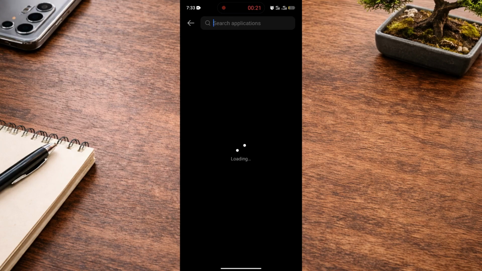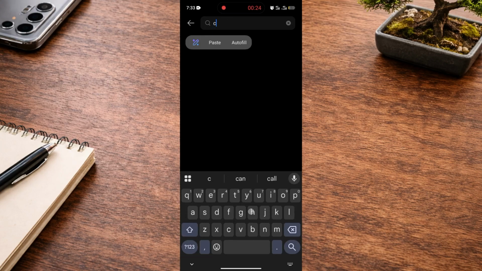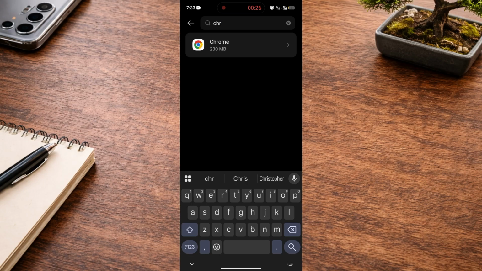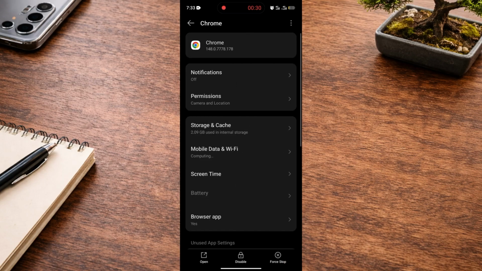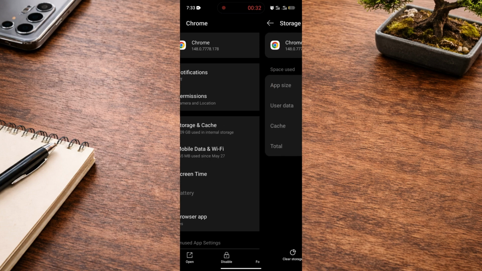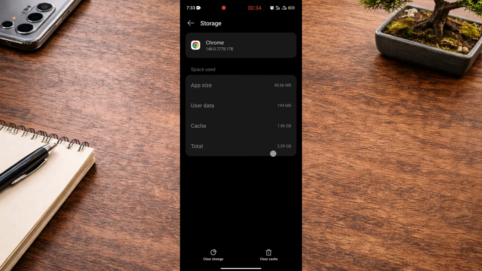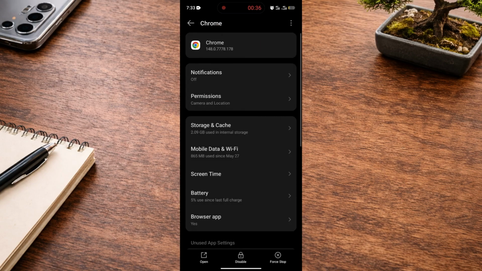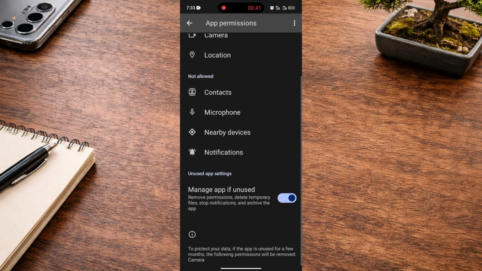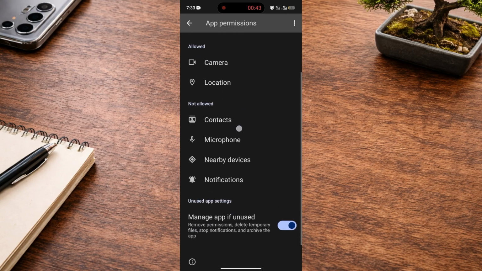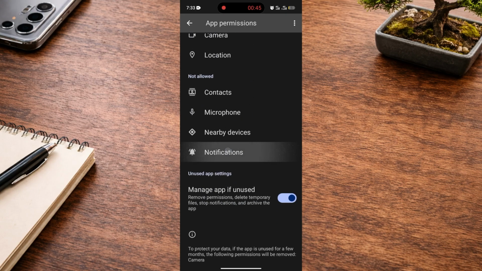Then quickly we shall search for Google Chrome, or you can casually search for Chrome. Then open it up. Once you open it up, you have to come and click on storage and cache. Clear the cache. After clearing the cache, come back to permissions and then make sure that Chrome has been given all permissions. You can see this permission it doesn't have, so go ahead and give it all permissions from the